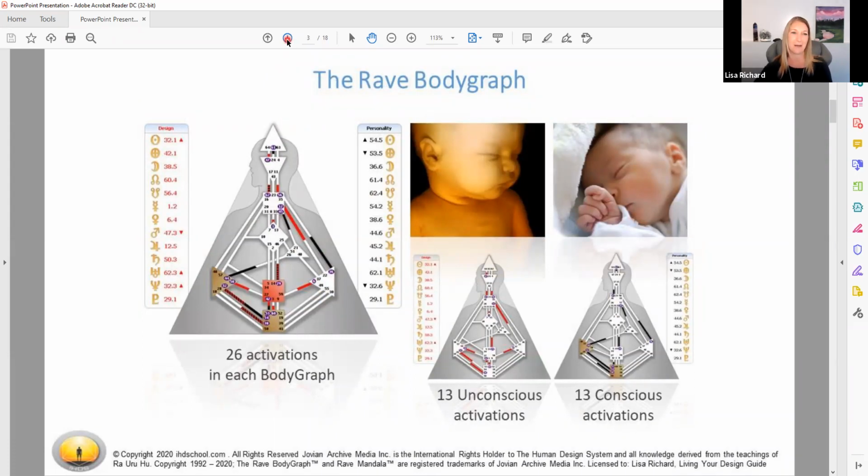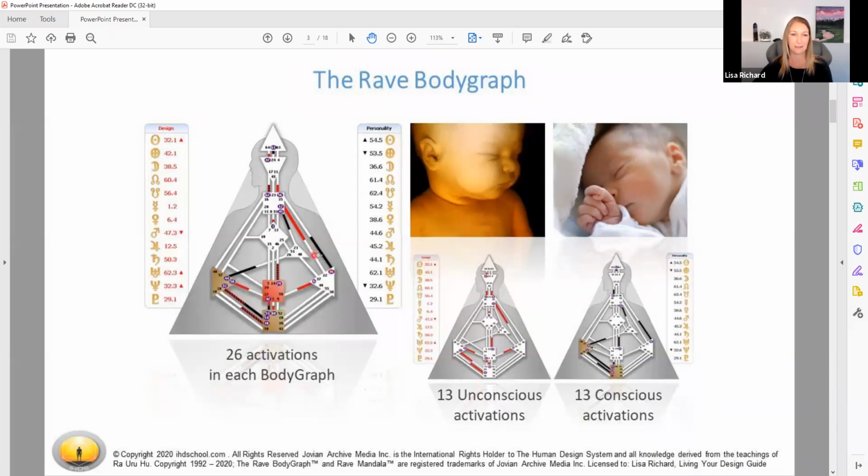Everybody has an opportunity to enter in their birth information using their exact time of birth, or when that's not known, a really close approximation to the time. What happens is you're given this generated Bodygraph that uses two forms of data. You have 26 activations within your Bodygraph, shown as little purple circles all over your chart. Those are known as activated gates.